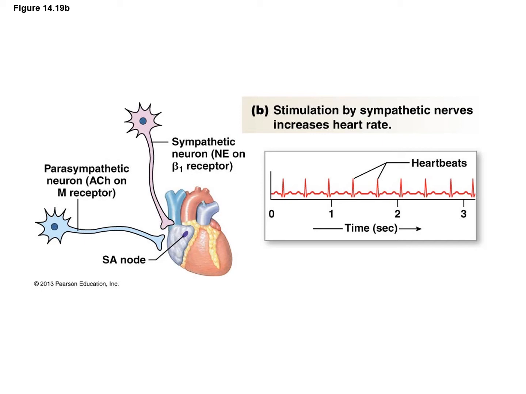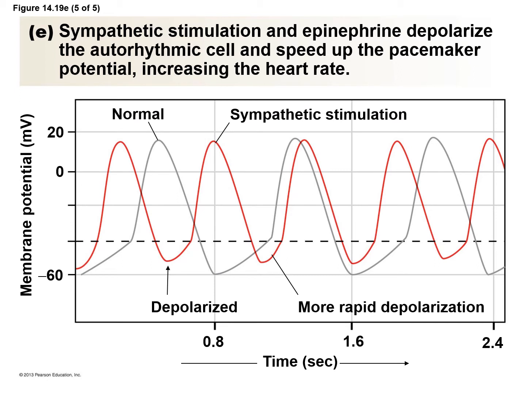We're going to start with the sympathetic nervous system. The sympathetic nervous system is going to increase cardiac output. It does this first and foremost by increasing heart rate. This wave should look a little familiar to you. It is actually going to be the electrical activity of the pacemaker cell, the SA node. The key thing to note here is the gray line first is going to represent that normal 70 beats per minute